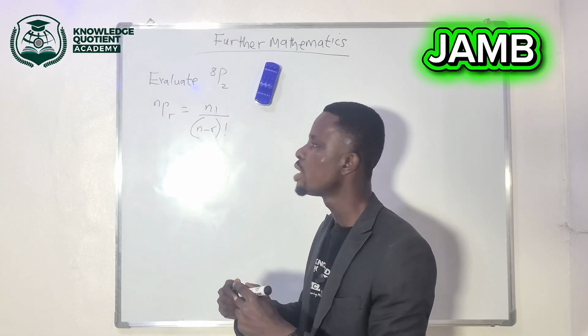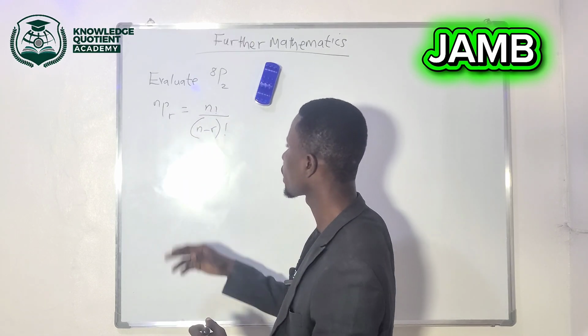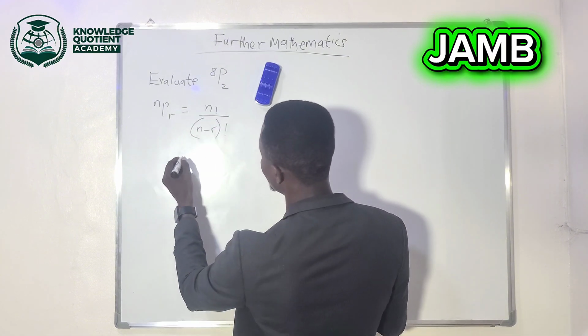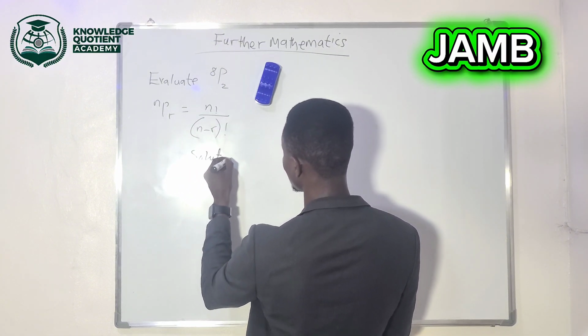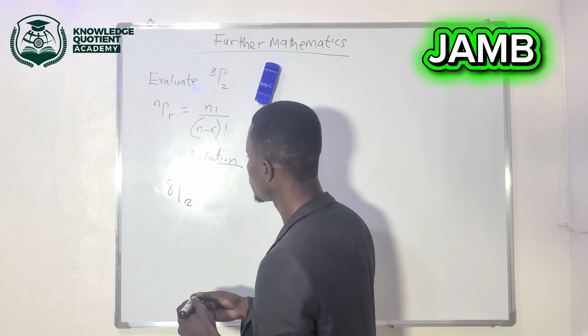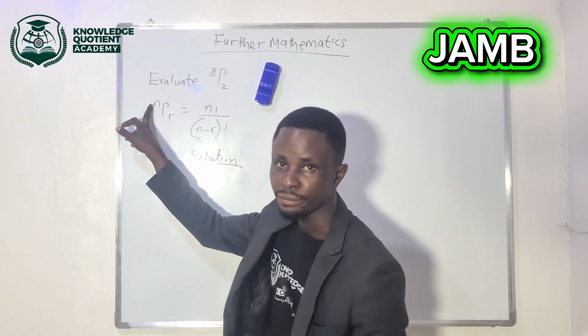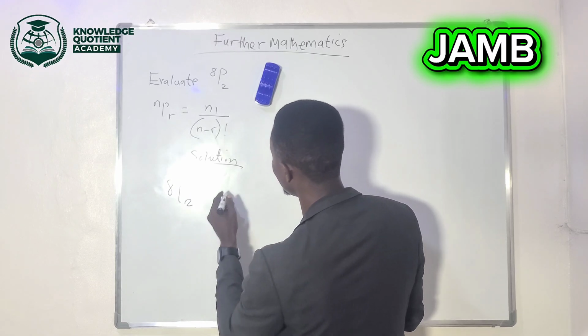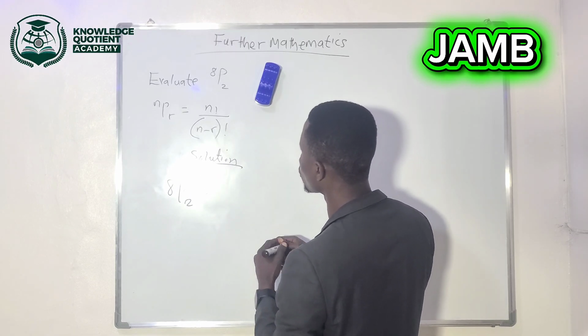Remember we said the formula is equal to n factorial divided by what? Open bracket n minus r close bracket factorial. Now let's start. Solution. This one is what? 8 permutation 2. Remember this one is n, right? So from the formula, my n is equal to what now? 8